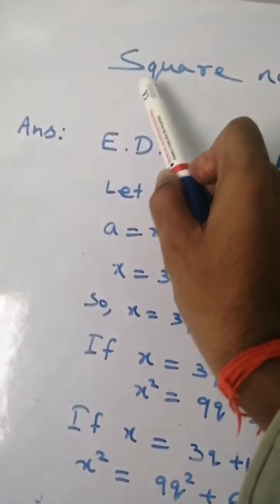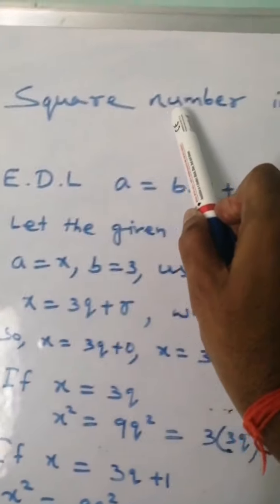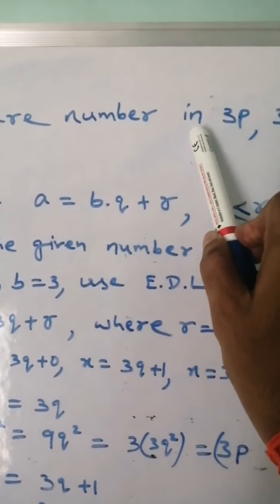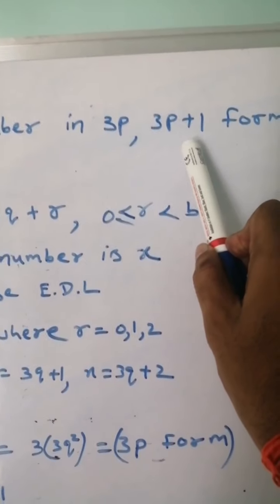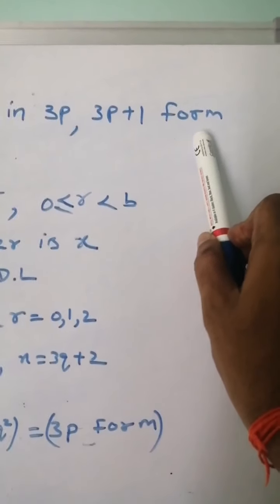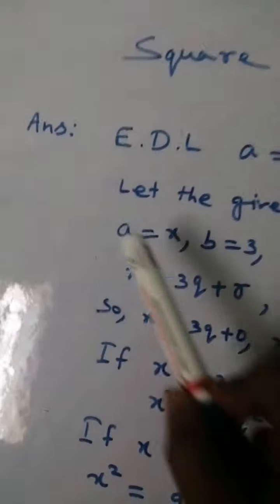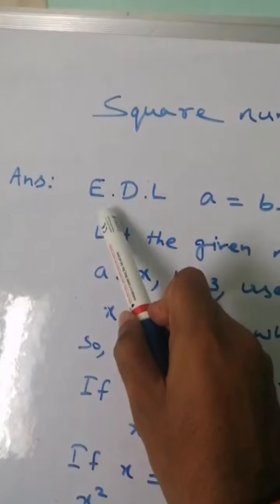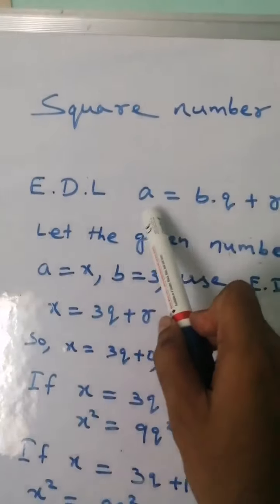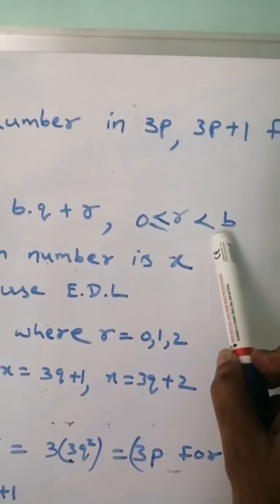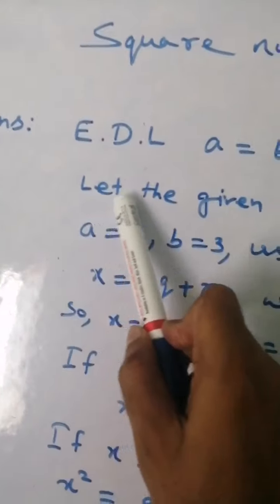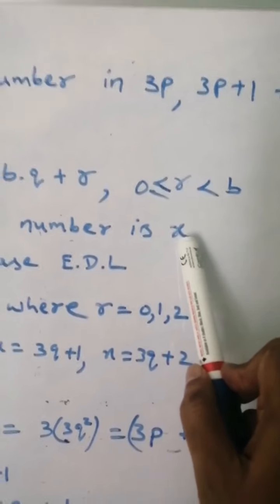Here the question is, show that square of any positive integer is in the form 3p or 3p plus 1 using Euclid's division lemma. So you have to answer like this. Euclid division lemma is a equals bq plus r, where r is greater than or equal to 0 and less than b. Let the given number be x,